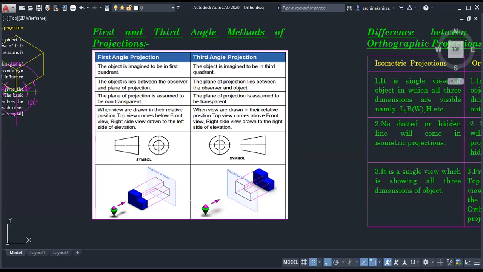Because who is in between? The object is in between. Once the observer observes from the right hand side, the object will come in between. The observer will go towards the right hand, and the view will come towards the left hand, which we are calling the right hand side view. So the justification is that the object is in between. Okay, afterwards, what we have seen, if you will remember, is the difference between isometric